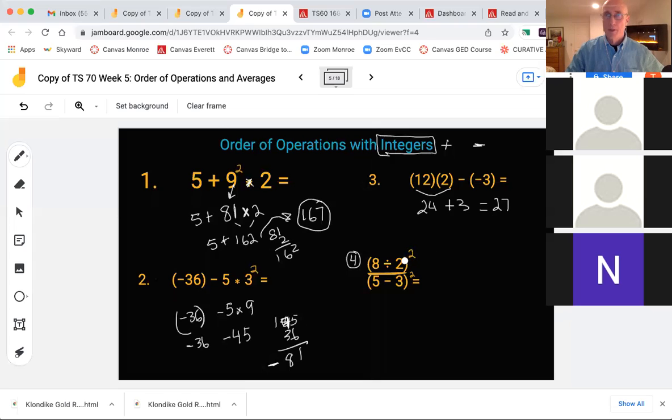What's PEMDAS tell me? Parentheses first, okay? So 8 divided by 2 is 4, okay? So now this whole thing up at the top becomes 4 squared because I did the math in parentheses first. And if I want to just do the math, 4 squared is 4 times 4, which is 16,